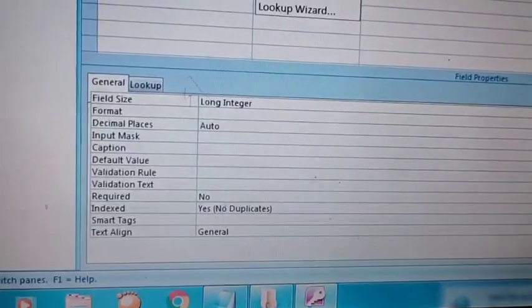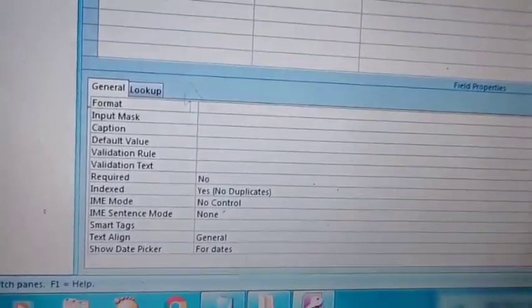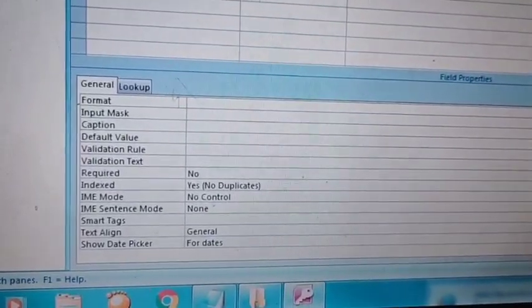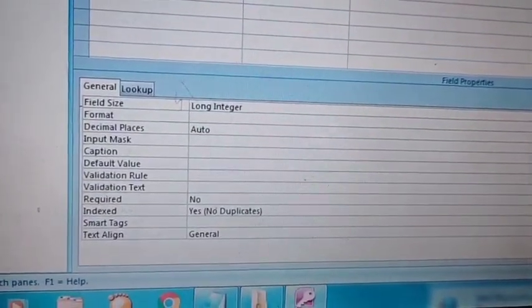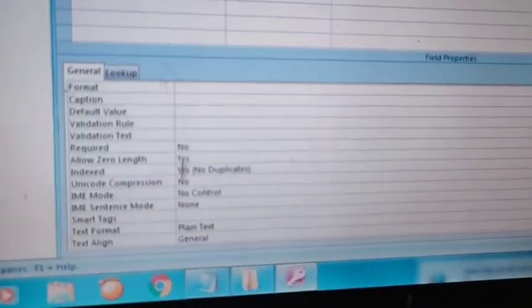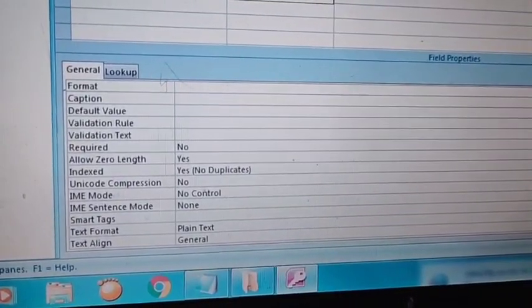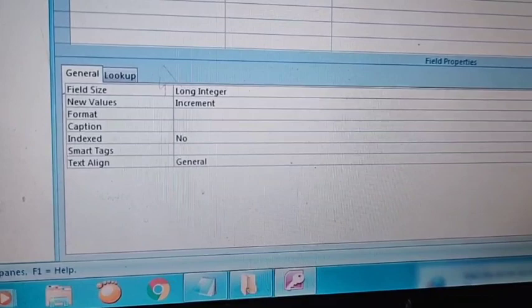If you click on date and time, the format is different. If you click on number, the properties are different. If you click on memo, the properties are different. Look at the properties. AutoNumber, yes or no field.